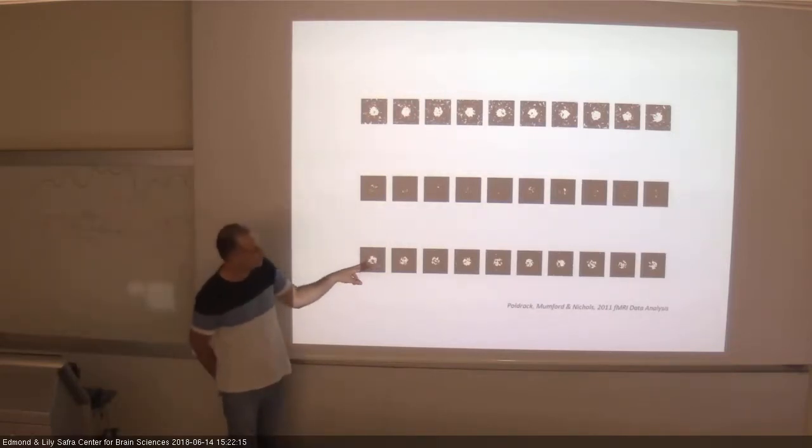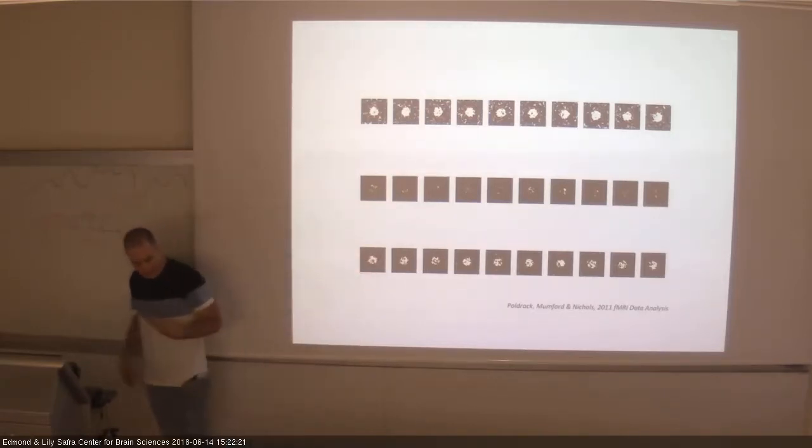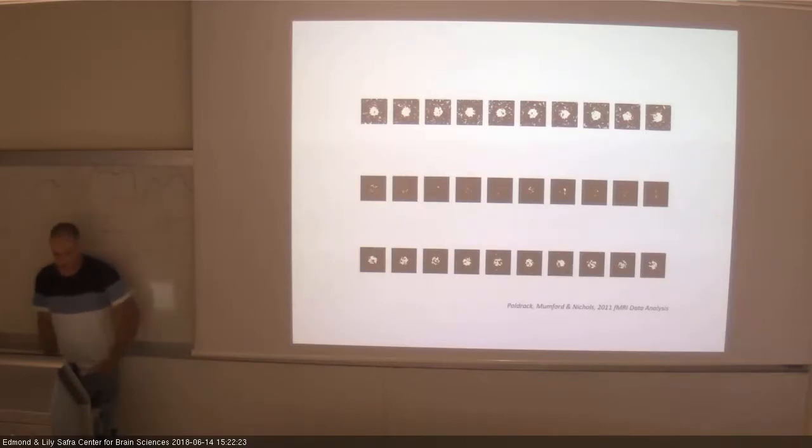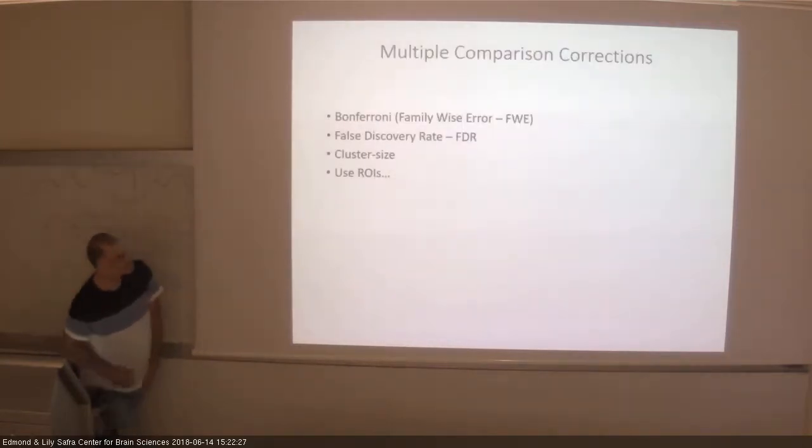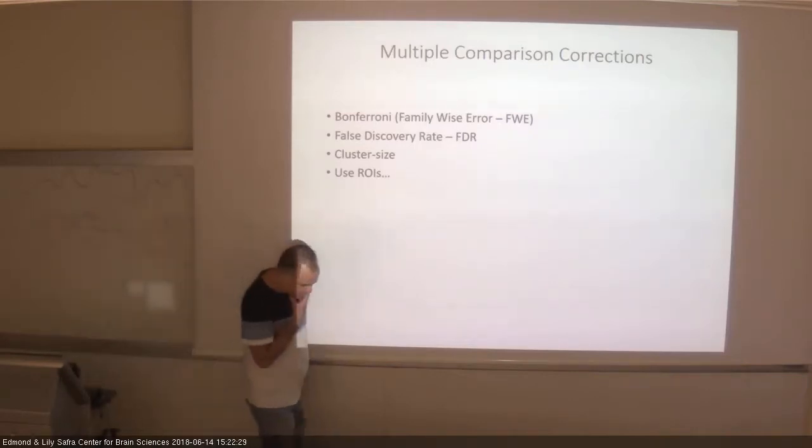FDR is some kind of in the middle again, all right? So you lose some of the actual data, but you don't gain a lot of false data, false positives. So again, this is just an illustration to show you what's there. Finally, you can do another thing, which is cluster size